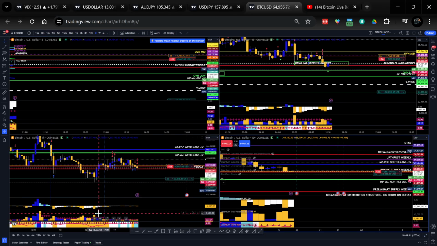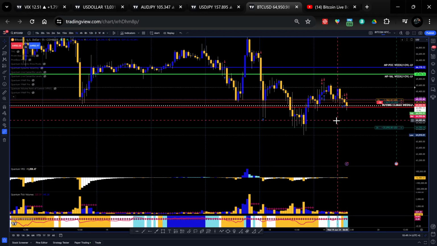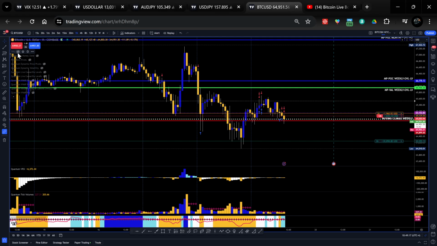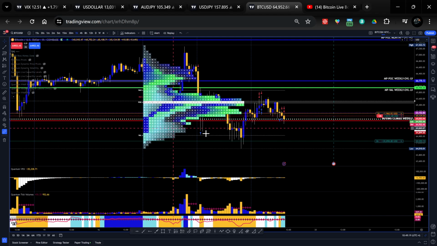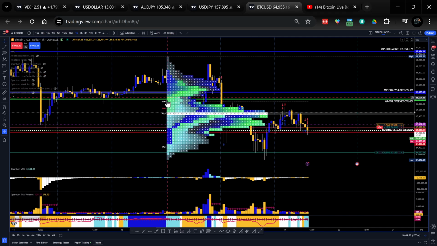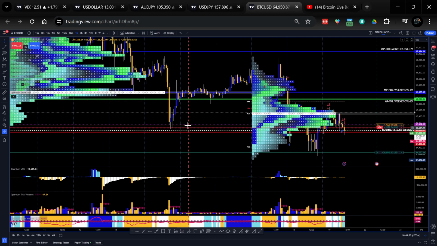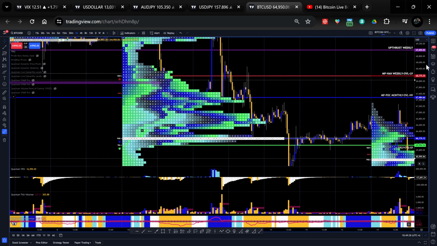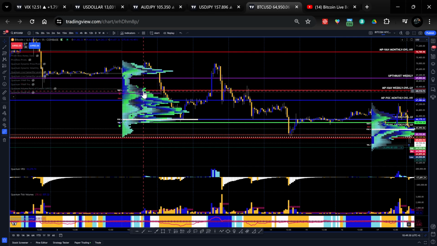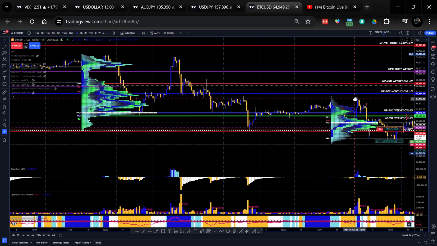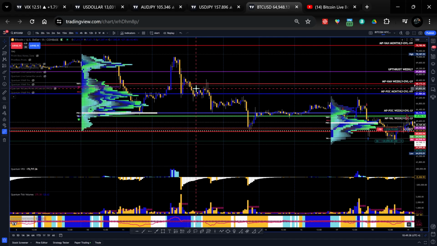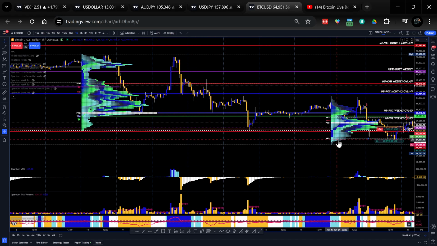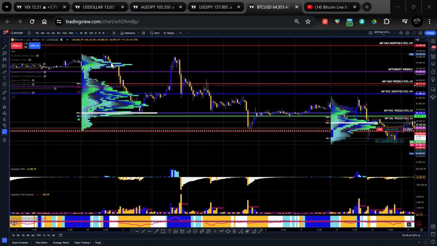Let's go down to the 1 hour chart where I have some weekly levels, right? So let's throw on the market profile here for the week, and you can see this is for the current week right here. So we have value area high at 68,173.25, and that's in an overlapping lower value, so that's moderately bearish, and you can see we're actually moving down, right? So according to this market profile, we're following the moderately bearish and we're moving down.